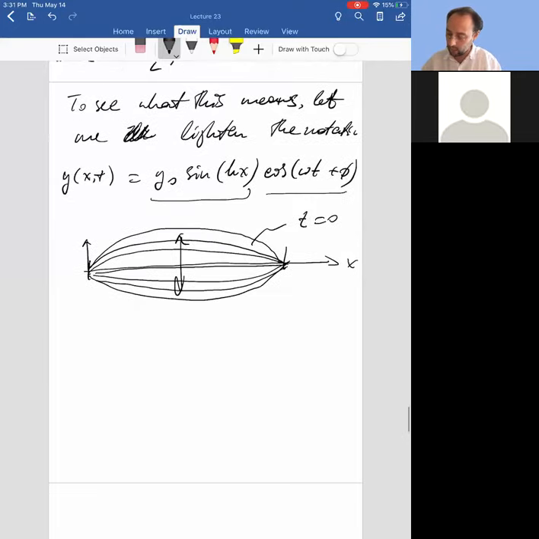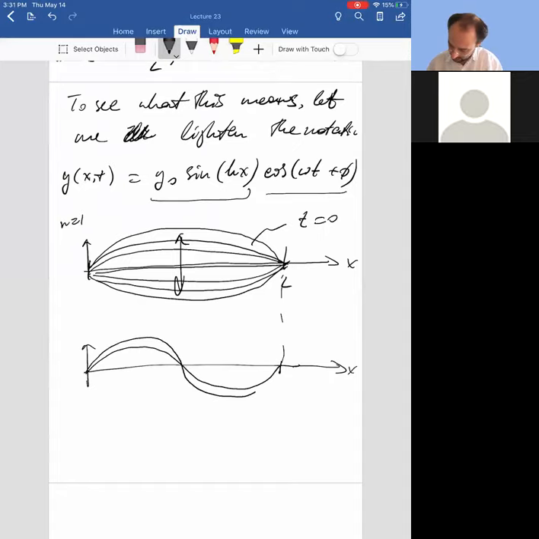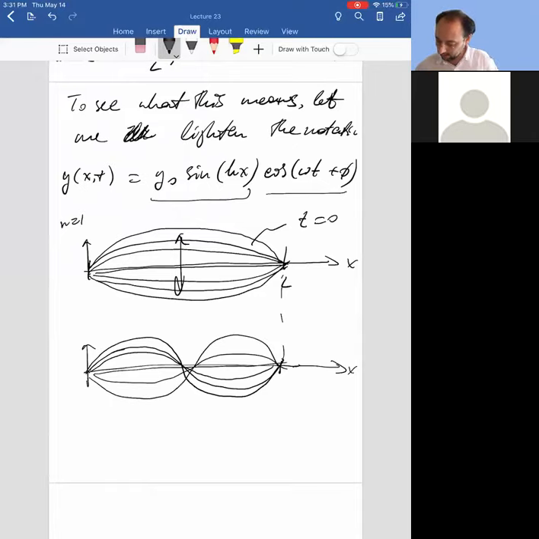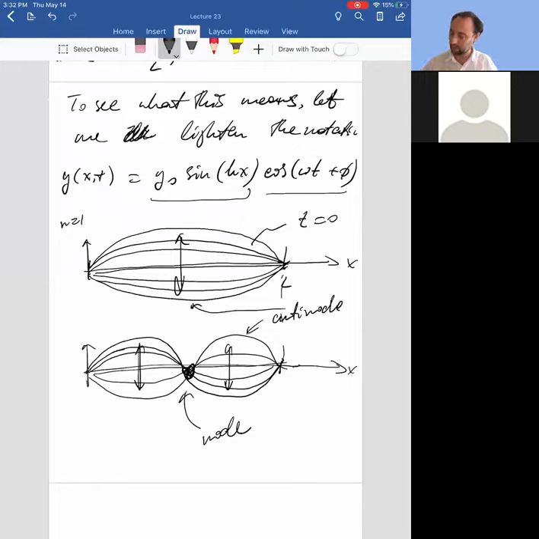So this is n equals 1. And what about n equals 2? Well, n equals 2, this is L. So n equals 2 is like this, that, that, like that, like that, and then it comes back, right? So it oscillates like that. And you have a node here. Sorry for the bad drawing. So this is called a node, and this is called the antinode. This is also called the antinode right here.